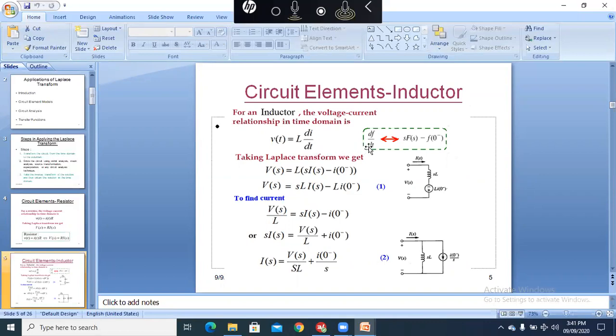So for example, we have the time differentiation property: df/dt is equal to sF(s) minus f(0 negative). And f(0 negative) is the initial condition, the time just before 0. What will be the value of current across the inductor? This can be represented in the Laplace domain, where the voltage is transformed into V(s),